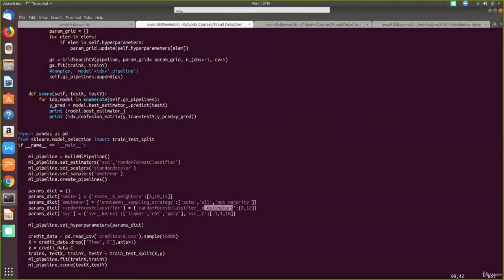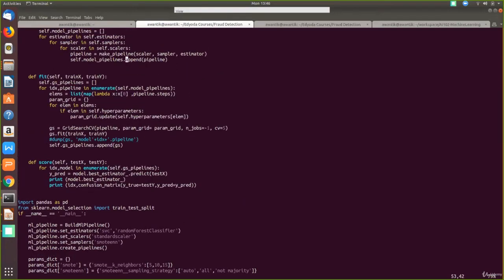Once you are done with this, we are loading a sample file, may not be the entire file. We are selecting feature data in X, target data in Y, splitting the data into train and test. This is the library that is available in scikit-learn, and we want to fit it. Now for the fit part, we have all the model pipelines already existing. We need to wrap around that with the best hyperparameters. So here we're extracting the first parameter of each pipeline.